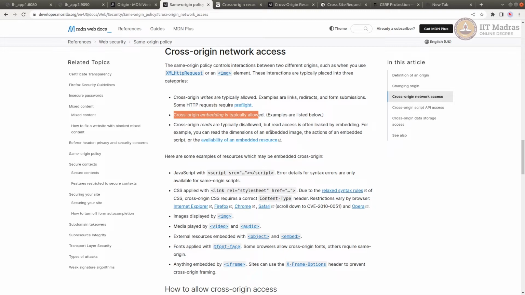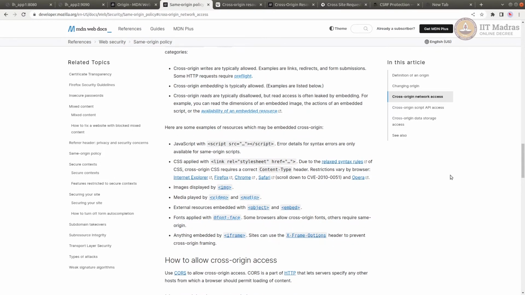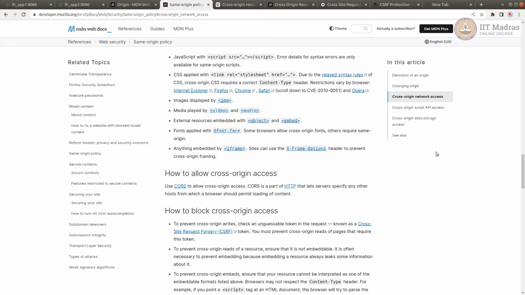Cross origin reads are typically disallowed, but read access is often leaked by embedding. And the biggest restriction comes from whatever is accessed through script. Even if the script is allowed to be embedded from one side to another, what the embedded script can do is restricted. I'll show you. Let's go back to our